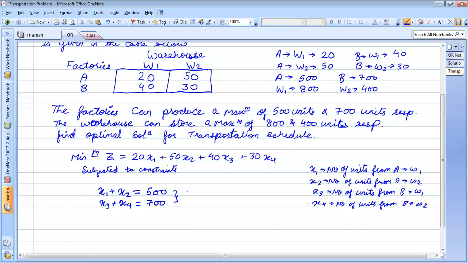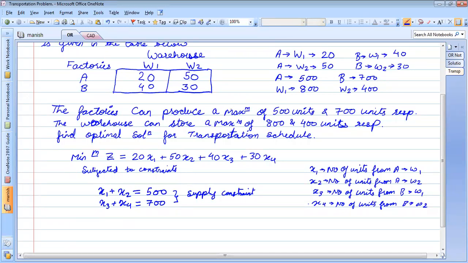So this type of constraint is called a supply constraint. Now coming back to the question Aditya was asking. Here it is written the factory can produce a maximum of 500 units.